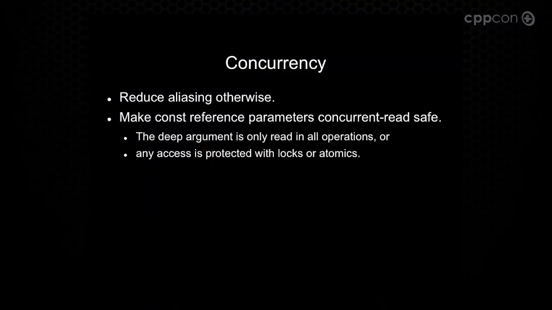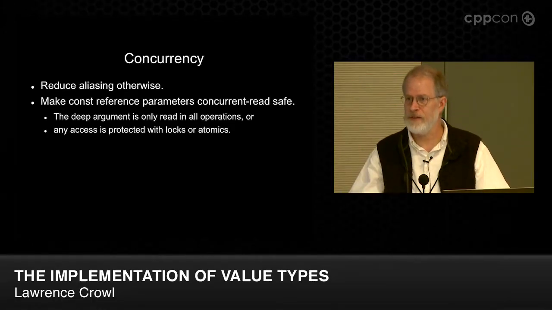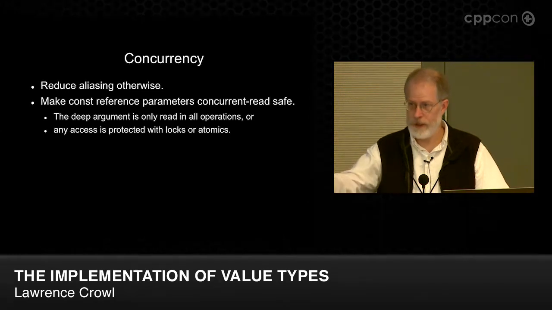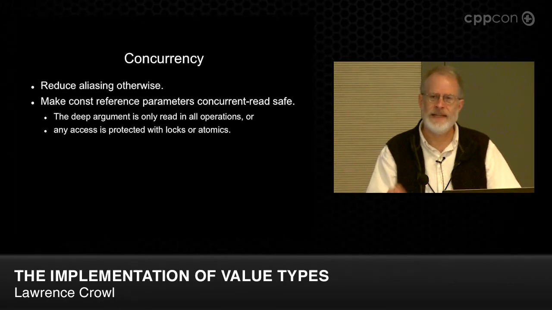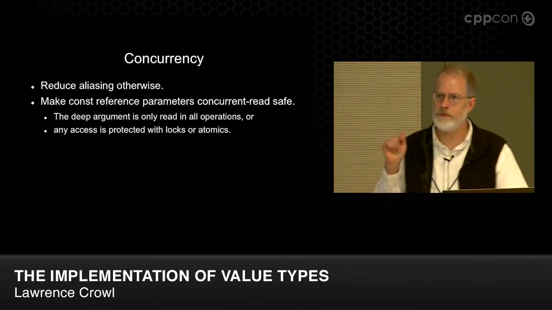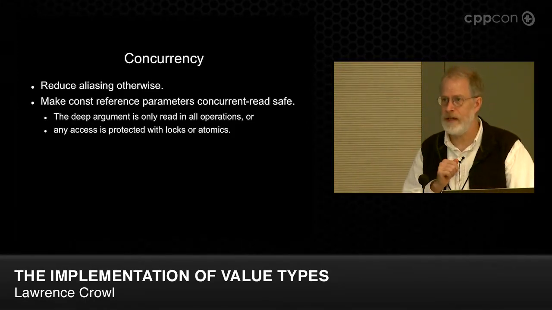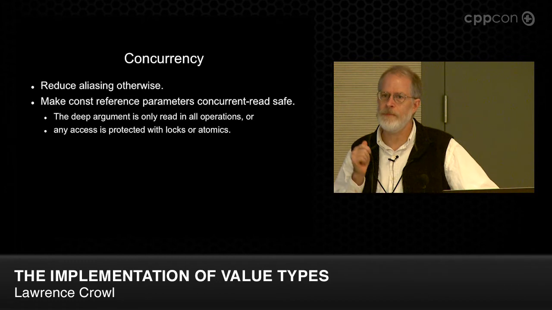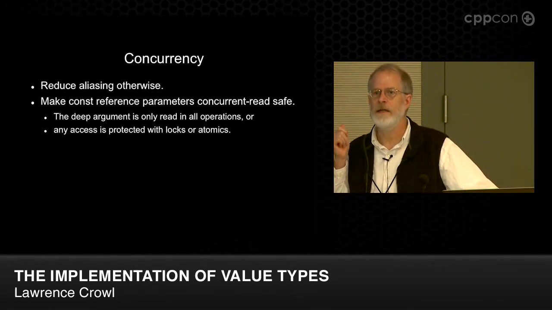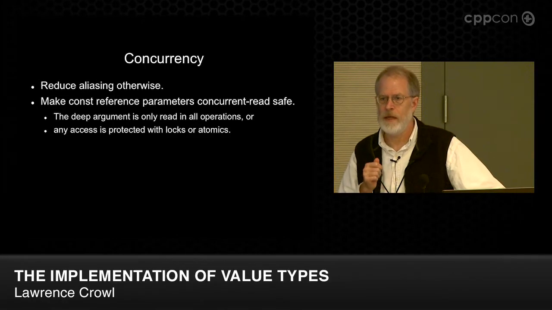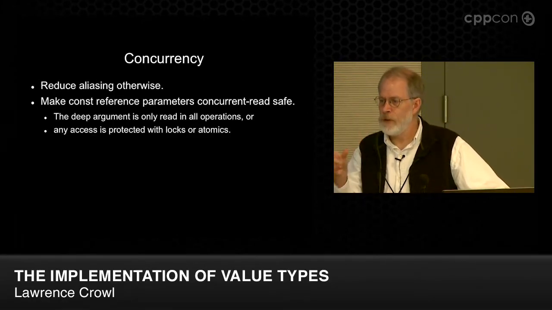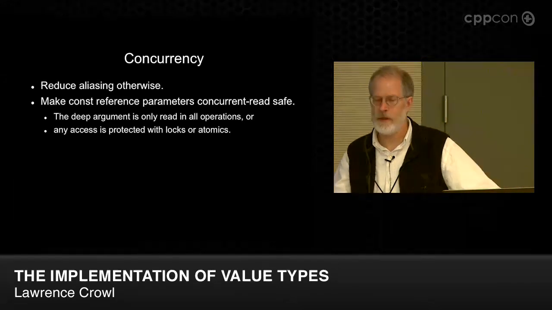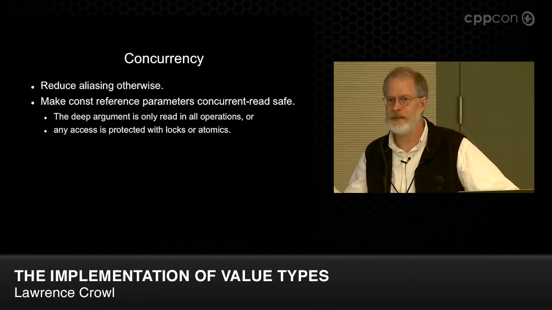The next conflict you need to worry about is concurrency. The first step to avoiding concurrency interference is to reduce aliasing. We've already seen that aliasing is a bad thing, so concentrate on getting rid of it. The next thing you want to do is make const reference parameters read safe. This is a requirement that the standard library places on all of the objects in the standard library. What it means is that if your type has a const ref parameter, you will not do any unprotected access